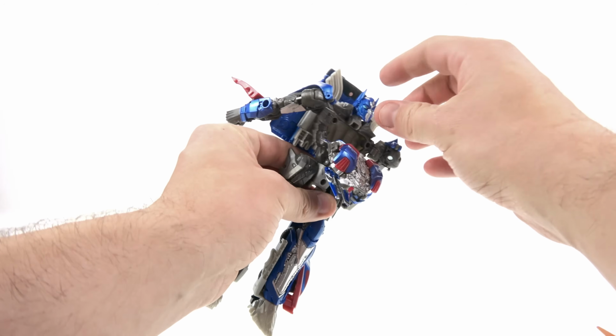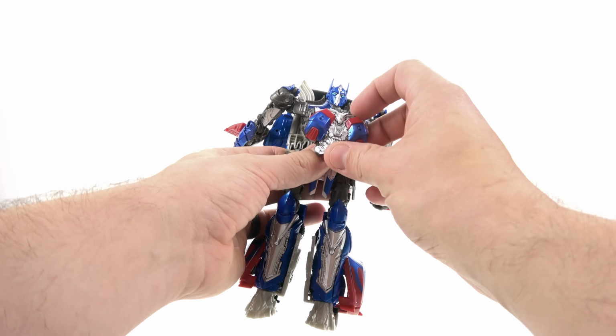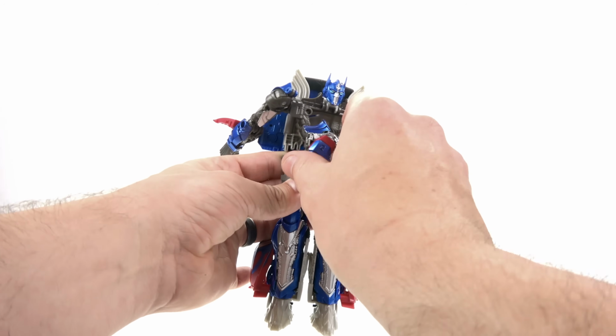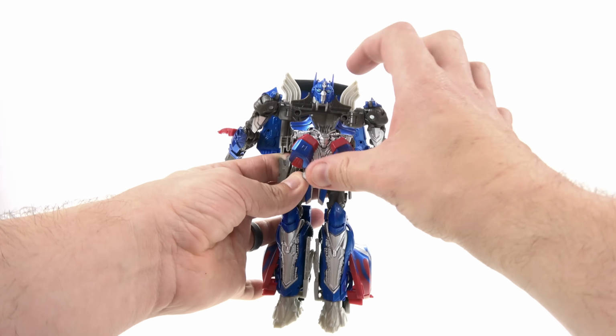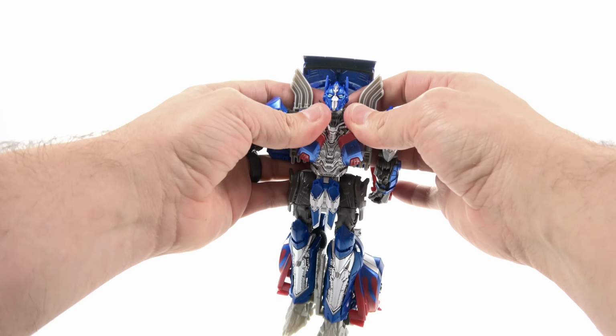It's a little bit tricky, and grab his head, rotate that up like that. You can take this section, fold that down, bring this up. You got two little round pegs here that are going to peg in to these little hole slots right there. So just bring that up, give that a nice little push, get the head out of the way, push that